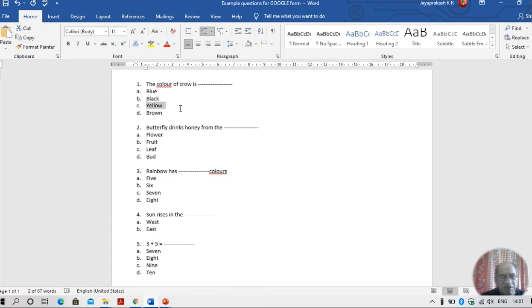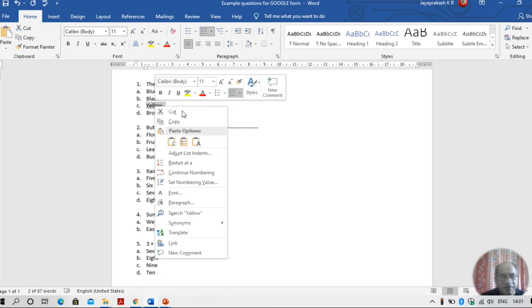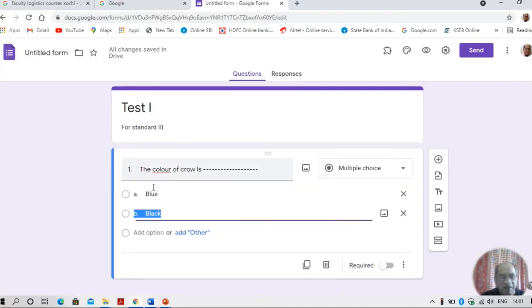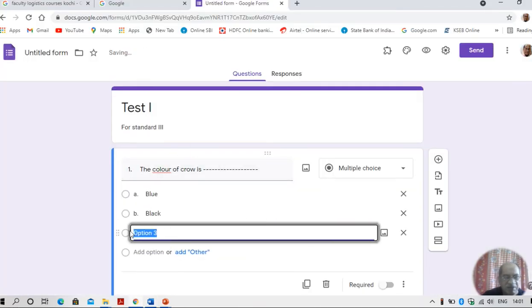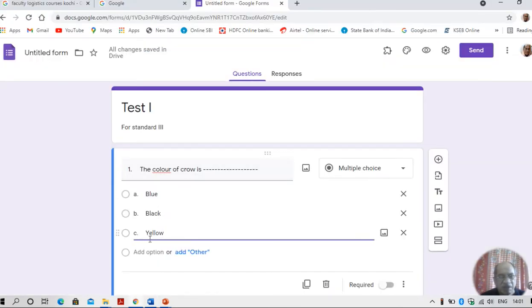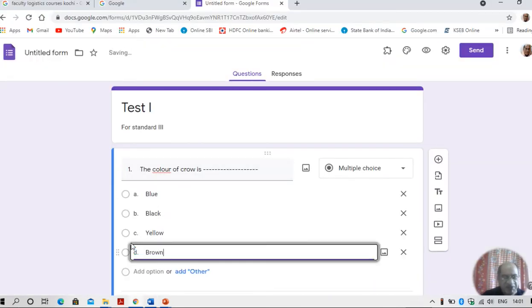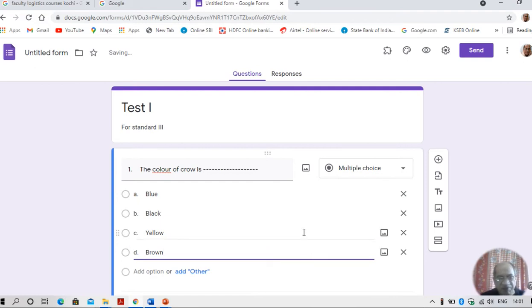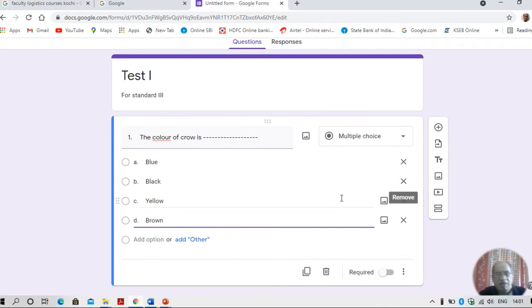Select option C, the third option, from the ready-made file. Click on add option. You get a slot for pasting the third option. Select fourth option for the first question. Click on add option. Paste. You have 4 options. You can have 5, 6, 7 any number of options. Now if you are going wrong anywhere or want to delete a question, change the question, you can remove. You can click here in the cross mark and remove it and add fresh question, fresh option.